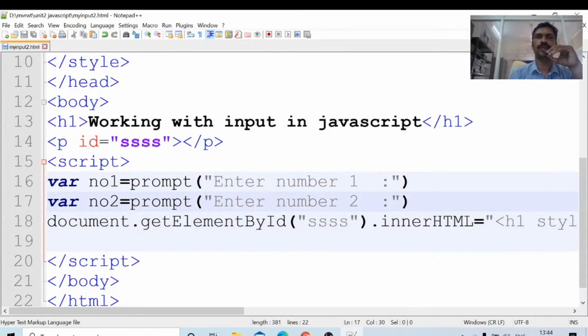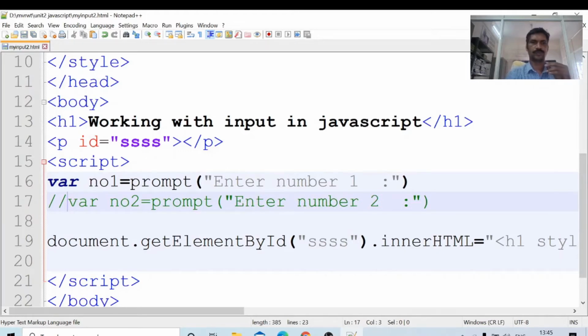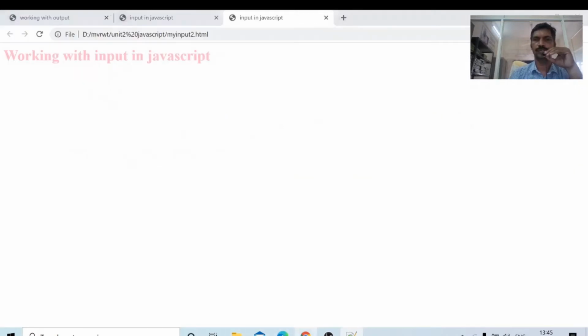Variable NO1, variable NO2. Script, slash script. Okay, all of them are correct. First we will read one variable. Just refresh this one.